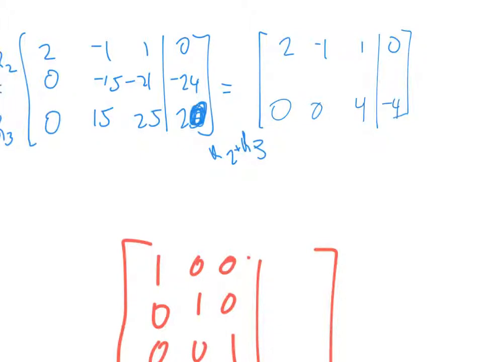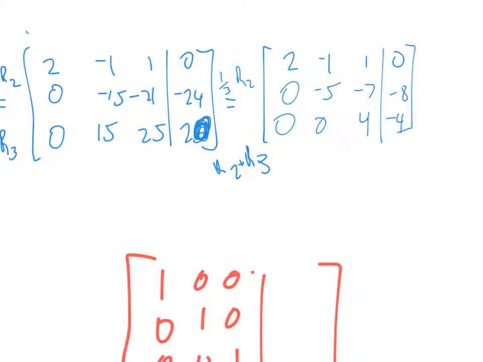And while I'm at it, I'm going to go ahead and take this middle row and drop it back down and divide it by 3 again. 1/3 of row 2. Just to take those numbers back down again. -5, -7, -8. Guess I could have done negative and made them all positive. But there you go. Now let's go ahead and clean up this last row by dividing by 4. So let's take 1/4 of row 3, and I'm going to write it on the other side of the